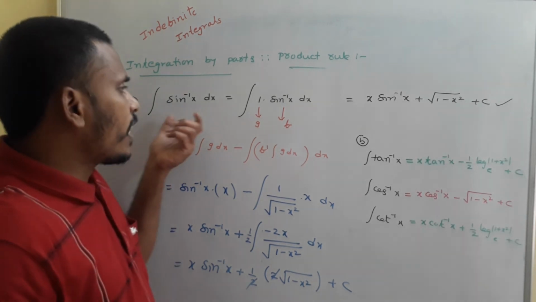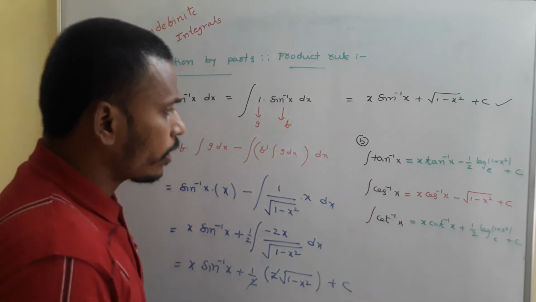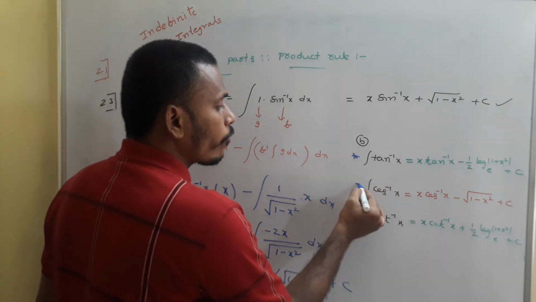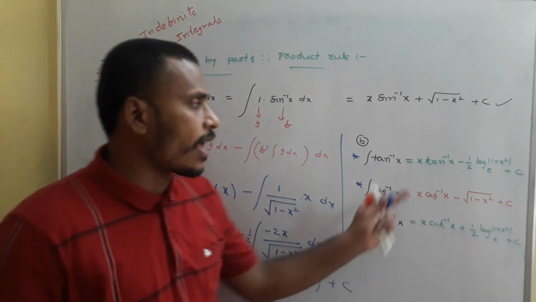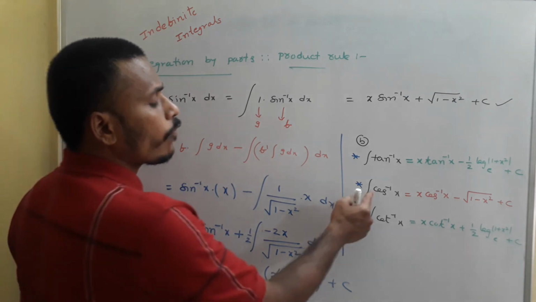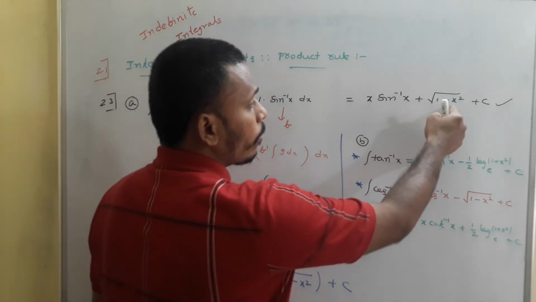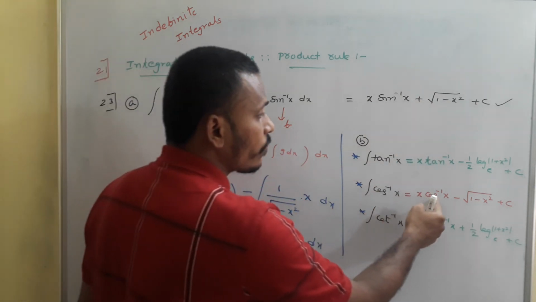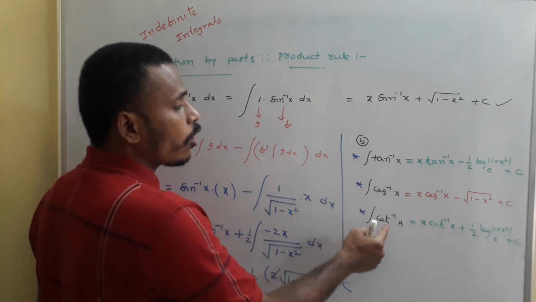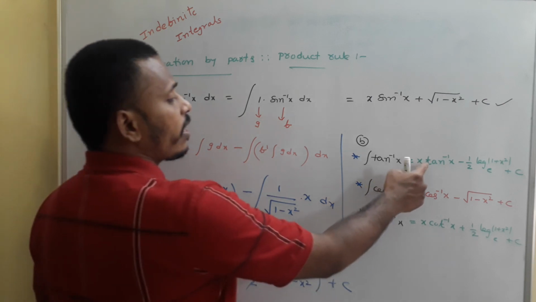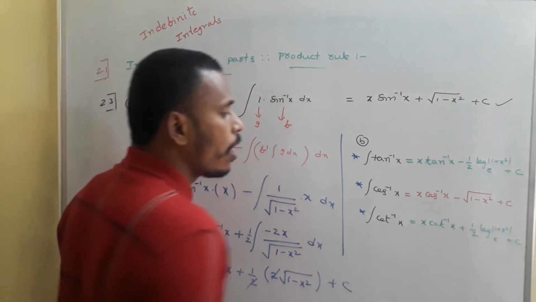So just as we find integral of sin inverse x, in the same way it is easy to calculate integral of tan inverse x, as well as integral of cos inverse x and integral of cot inverse x, with the same procedure, and the results I am just mentioning here. Integral of cos inverse x is also similar to integral of sin inverse x. Here it is x sin inverse x plus root 1 minus x square, and for cos it is x cos inverse x minus root 1 minus x square. In the same way, integral of tan inverse x and integral of cot inverse x are also both similar. Here x tan inverse x and here x cot inverse x. So minus half log 1 plus x square, and this is plus half log 1 plus x square.